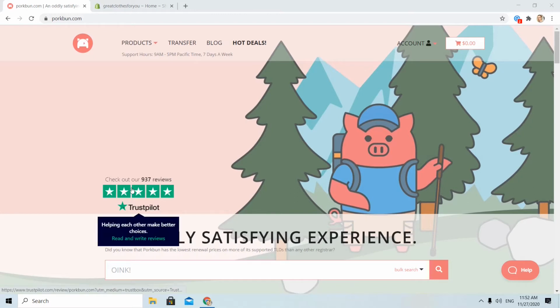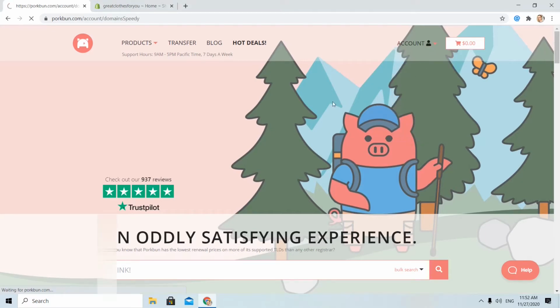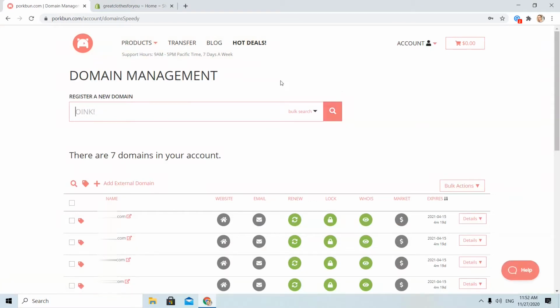Okay, let's start. I have already signed in to my Porkpan account. I will click on the account section at the upper right and choose domain management, and after that I will see my domain list.